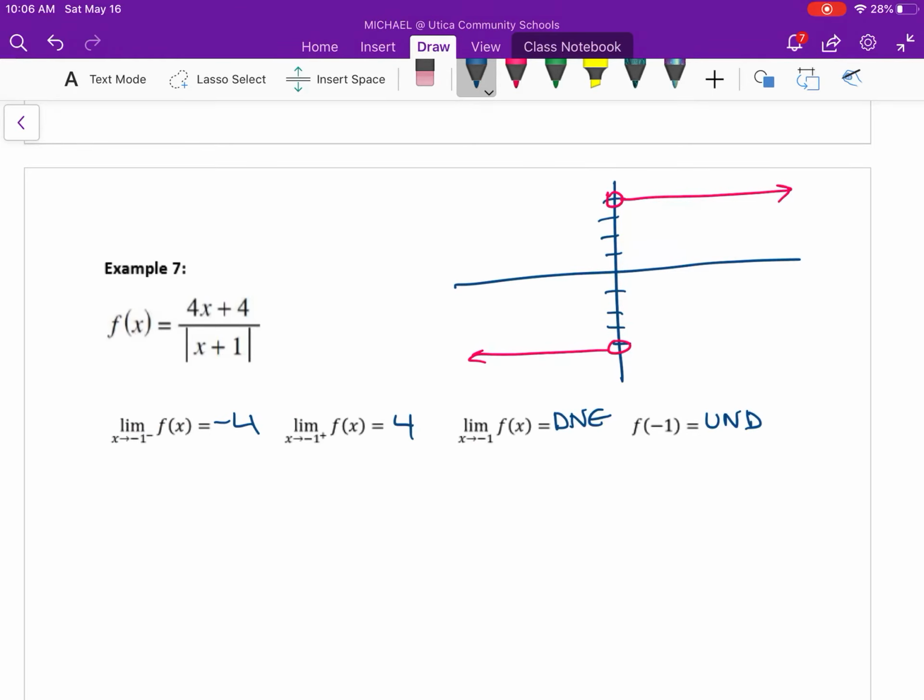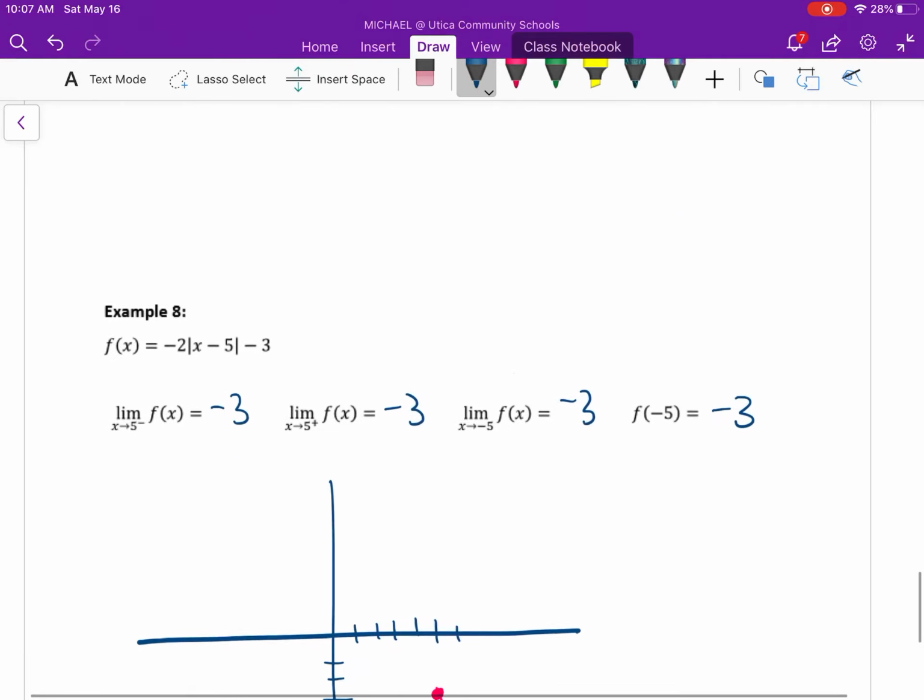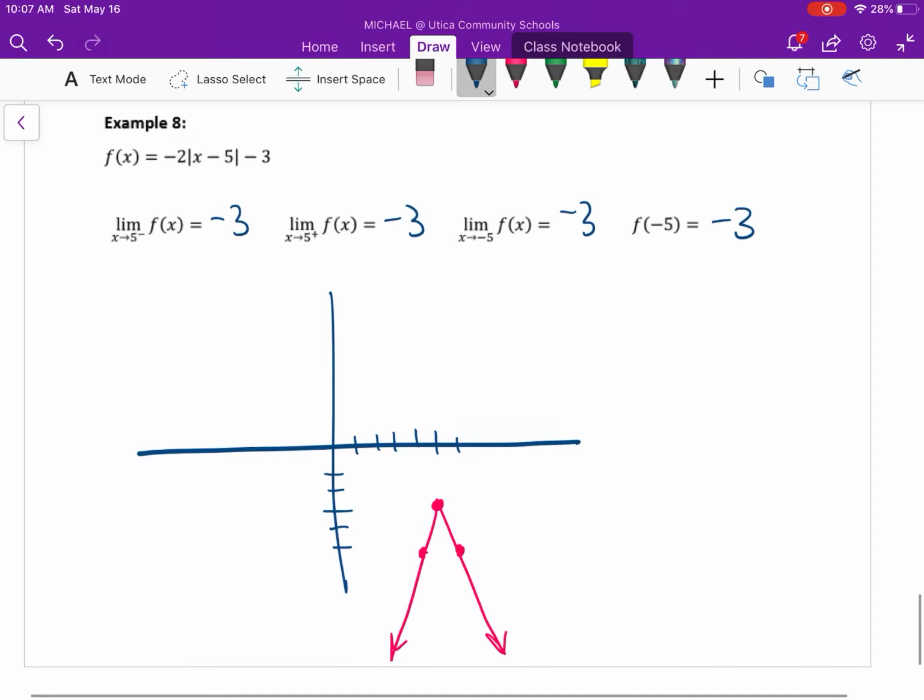All right, in this case, example 7, those roads lead to positive 4 and negative 4, which means that the limit in general does not exist and the function value is undefined. And then finally, in the last example, it's been shifted to the right 5 and down 3 and flipped with slopes of 2 and negative 2. But in any case, the limits always go to